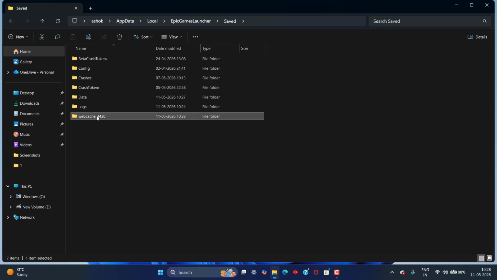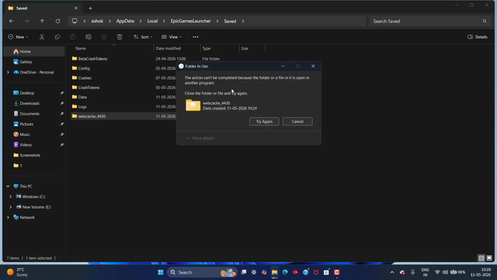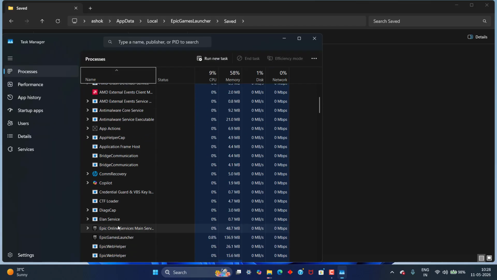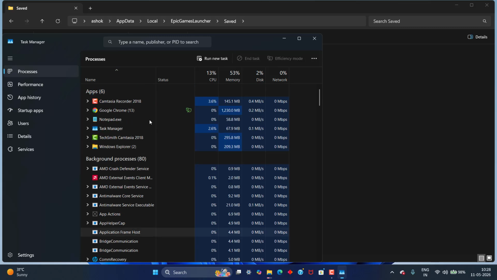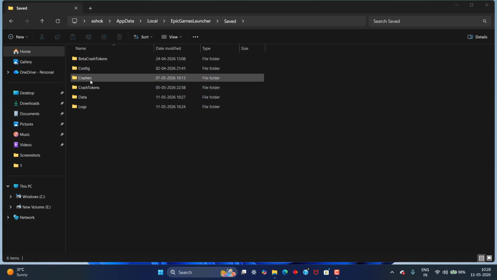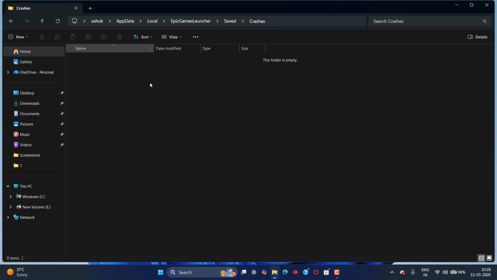You need to delete the webcache. Sometimes the webcache is unable to be deleted. You need to go to the task manager and end the task of the Epic Games Launcher. It's because it's running in the background that it's unable to delete. Once you end the task, come back and retry. It's deleted, and go to the crashes folder, and if there are any folders and files, you need to delete the